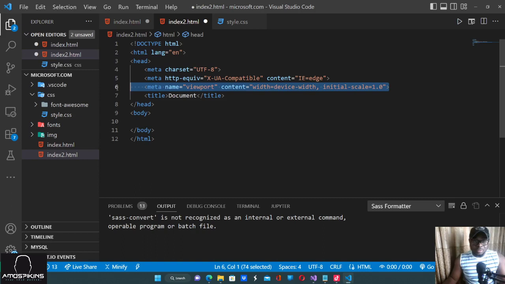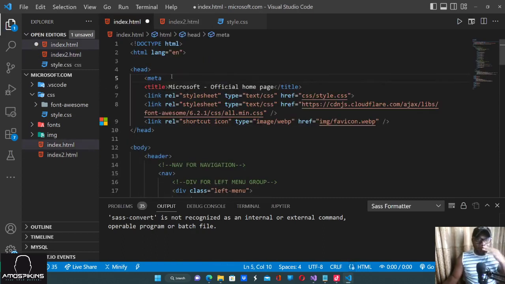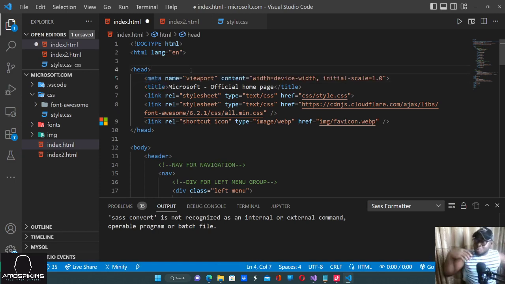Exactly, now this thing I need. So you must put this thing here in your HTML if you want to make your website responsive, so that it behaves responsively and looks right on my screen. You see this meta tag, you just write it like the other ones, but when you start with meta,